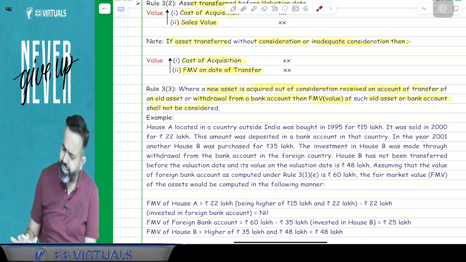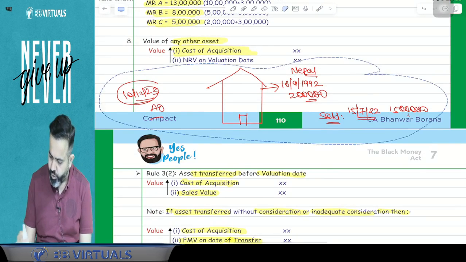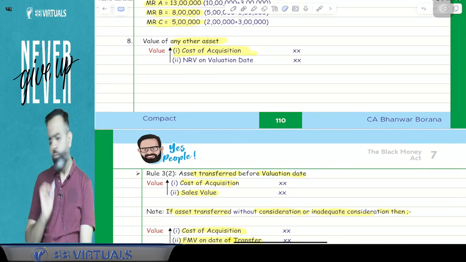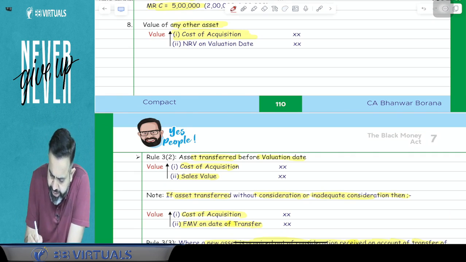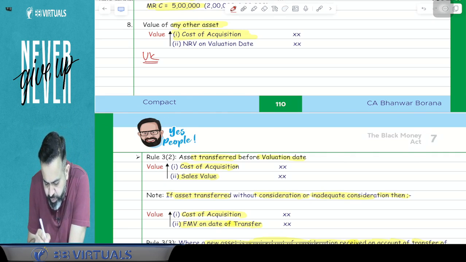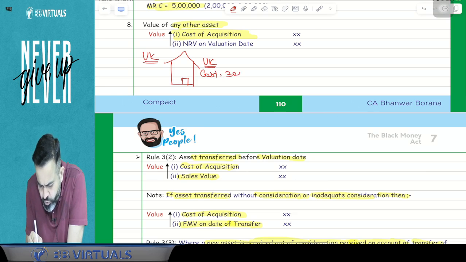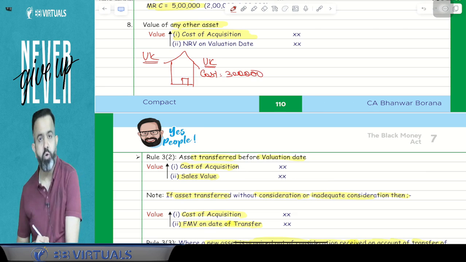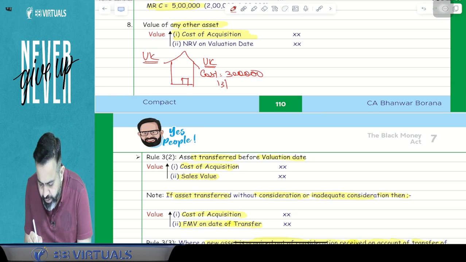I will take an example and with the help of that example we will understand. All people pay attention. For example, try to understand. In the UK, I purchased one property. Suppose I have purchased this property in the UK and the cost of this property was 3 lakh. And I have purchased it on 13th July